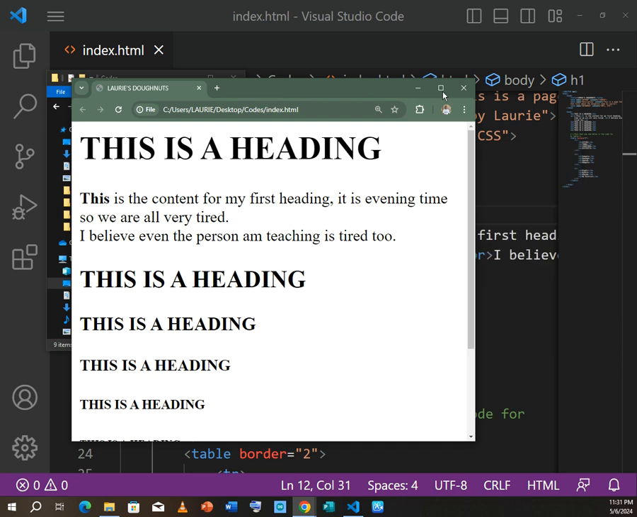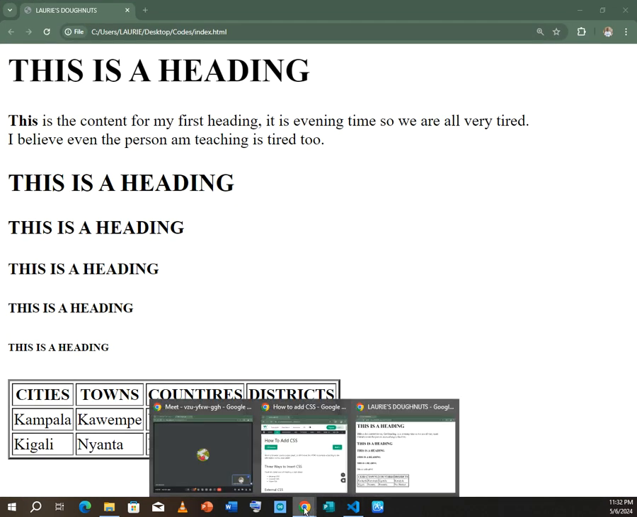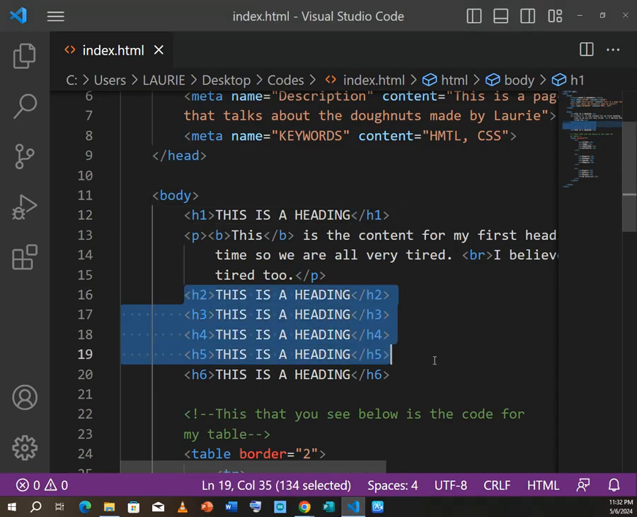Okay, so we have this. This is what I was using yesterday. Let me just try to make it a bit more organized. Let me just try to remove this